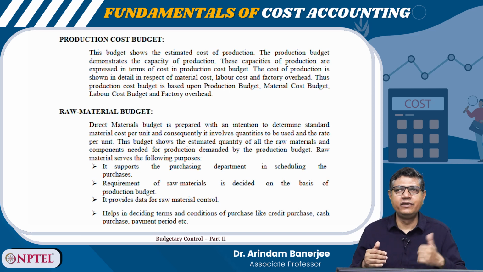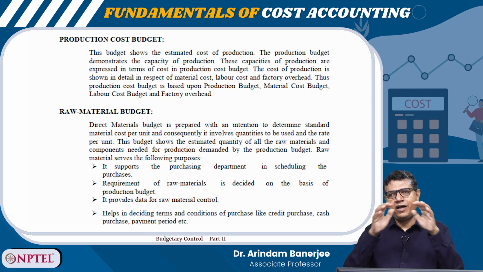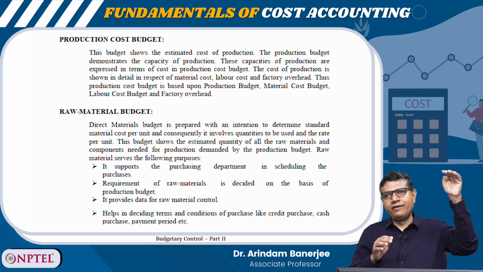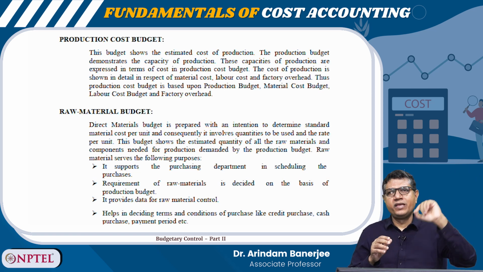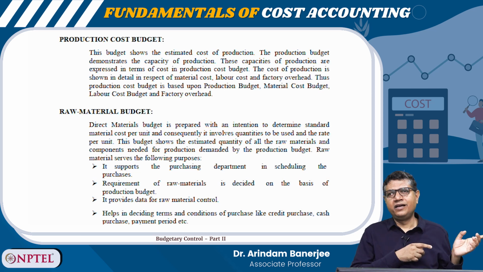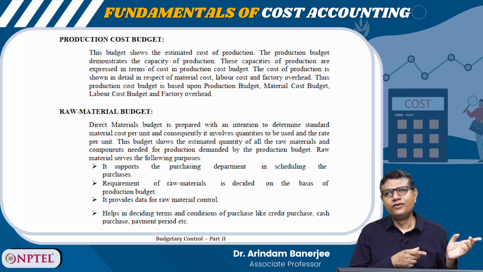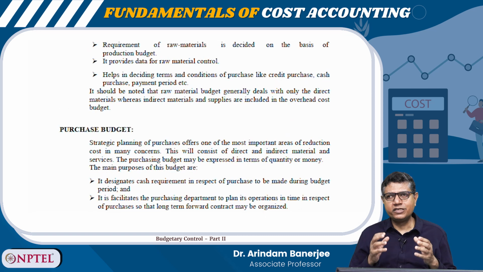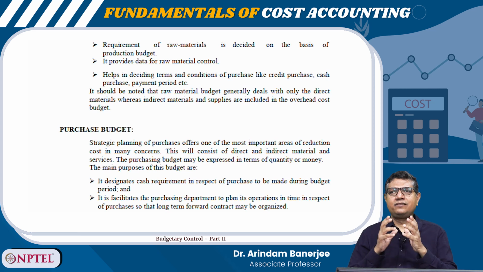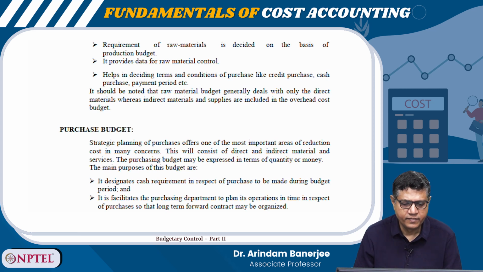So what I will do is, I will make a raw material budget. I will estimate how much raw material I will need to achieve a given level as given in the production budget, which is in sync with the sales budget. And then I will enter into agreement with the raw material suppliers and the vendors, and I will ensure that my assembly line, my production line will get the supply of the right amount and right kind of raw material at the right time. Okay. Then the raw material budget I will prepare.